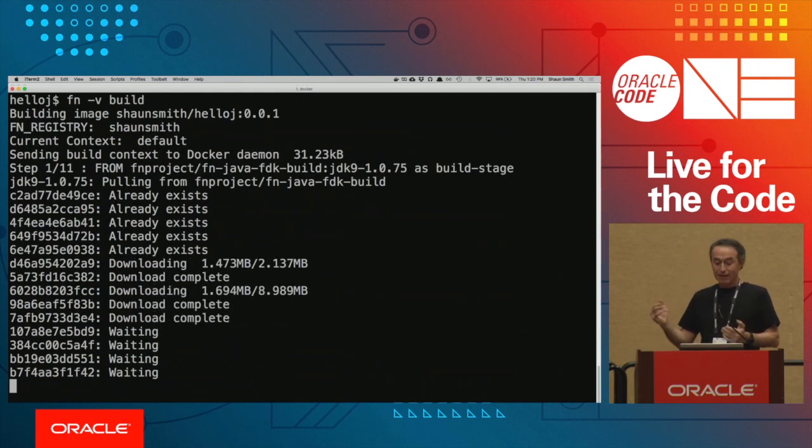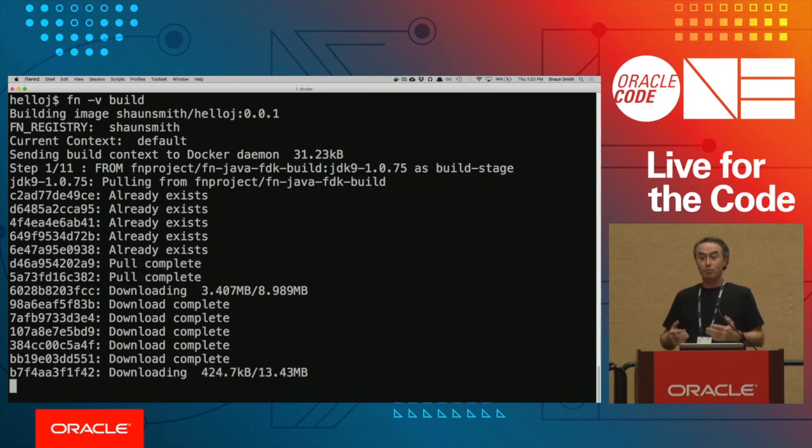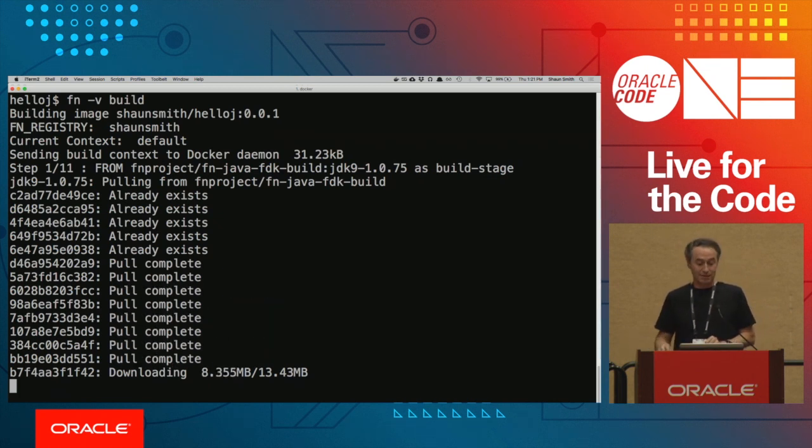Okay, so I'm pulling down the function developer kit images, so the build images I need. And I turn on verbose mode, so you can see this is all Docker stuff. If you're used to Docker, this looks like any normal Docker stuff. In fact, what we're doing behind the scenes is we've actually given your POM, we know your POM is there and your code's there. We built a Docker file that compiles your code, and then it builds a container for you, and then it deletes the Docker file, so it's kind of behind the scenes. So I'm paying the Docker tax here of download.